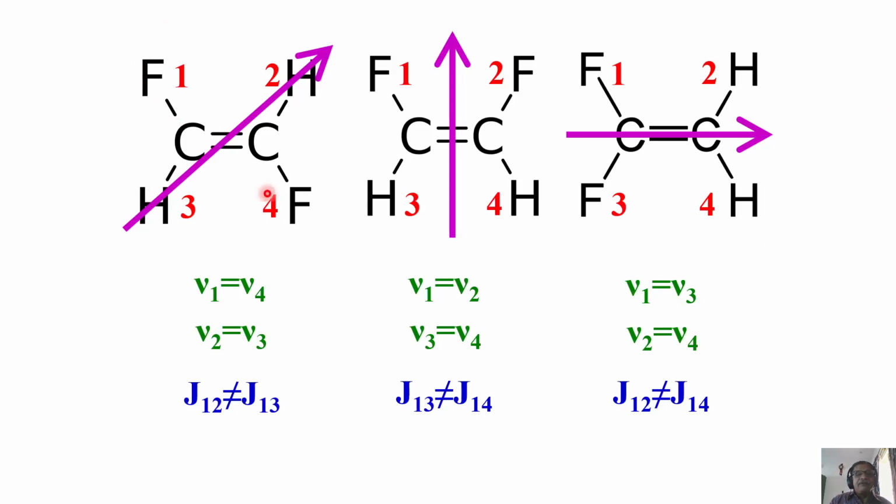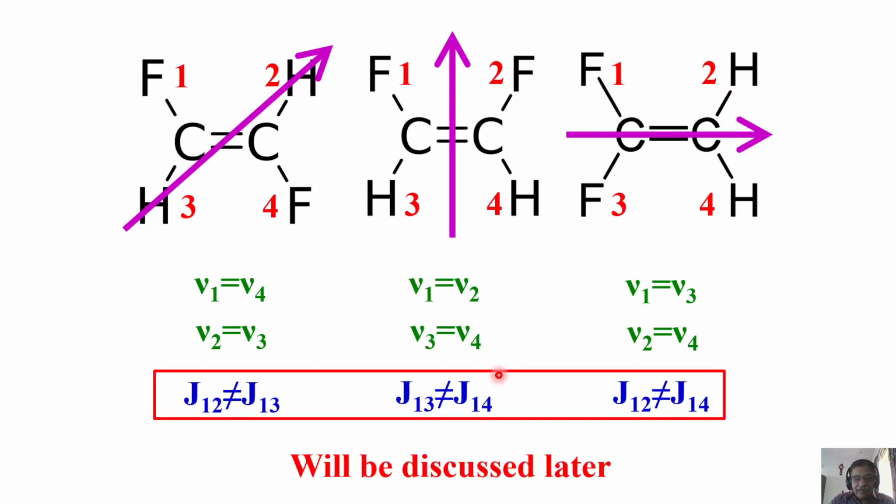All the three molecules have a symmetry axis. As a consequence, both the fluorines are chemically equivalent and both the protons are chemically equivalent in all the three different molecules. So, if I take proton NMR, all the three molecules will give only one peak. If I take fluorine NMR, all the three molecules will give a single peak. Okay. Now, this is another parameter which I will discuss maybe later.